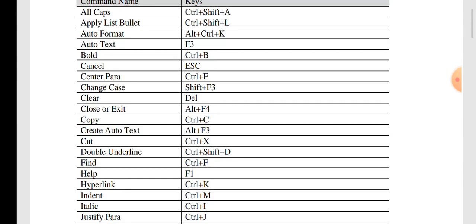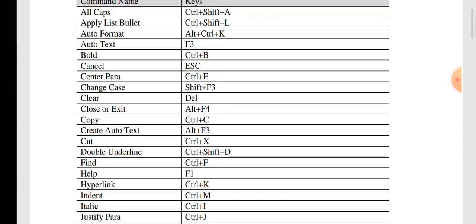And there is another option available with find, and that is replace. If you want to replace that word with some other text, then you are also able to replace that word. Okay, so for find, that is Control plus F. So find and replace basically both appear at the same time when you press Control plus F.